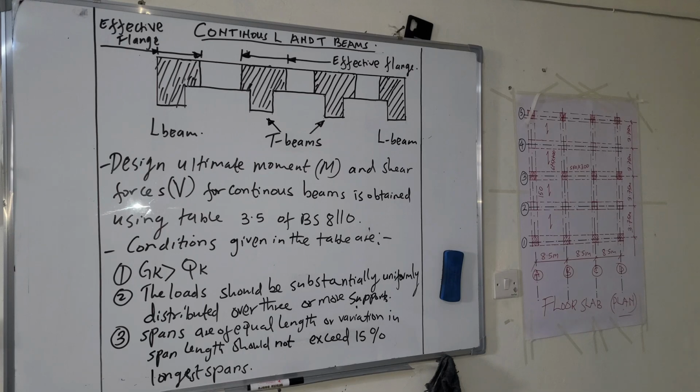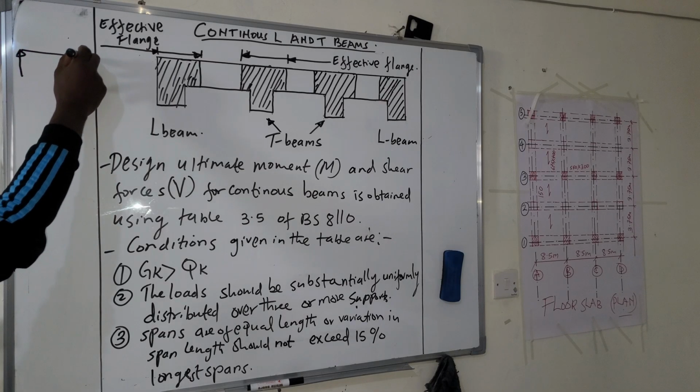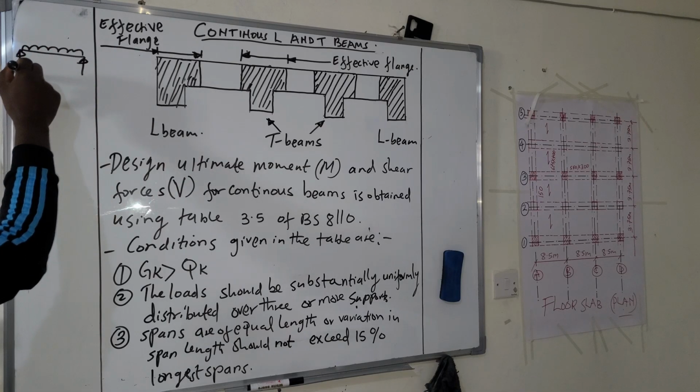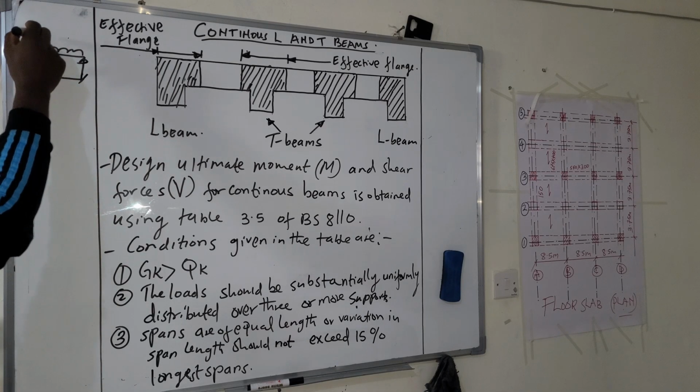So the beam that we dealt with, it was a simply supported beam. So a simply supported beam means it is a beam resting on two supports. This is a simply supported beam. So this is L, this is the loading,